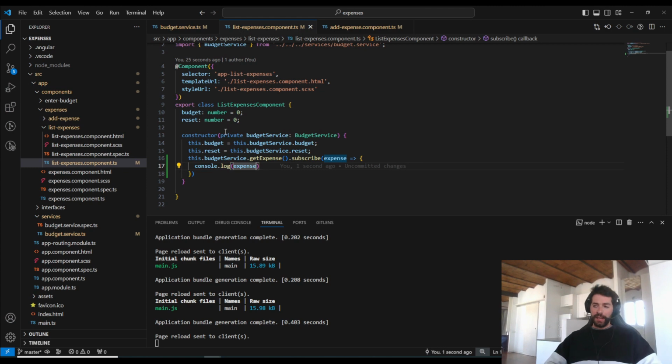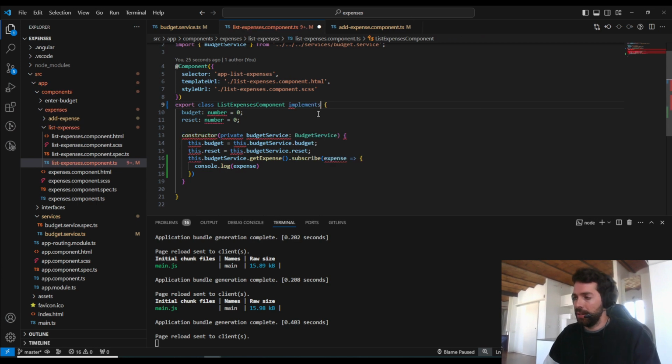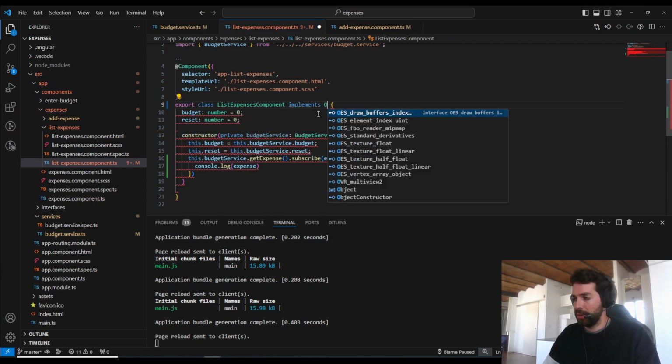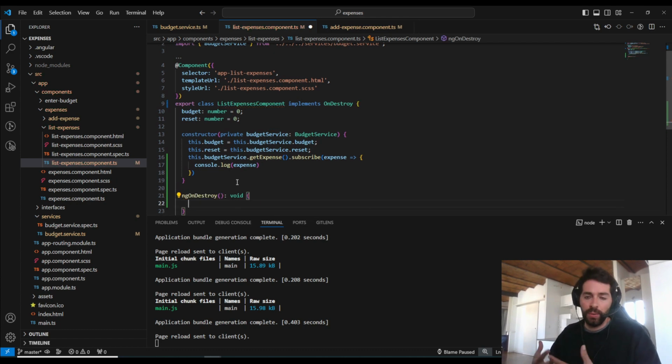Here we need to do a little thing. Always, when you are creating an observable, you need to unsubscribe from the observable. What we need to do? This component needs to implement another method, the ngOnDestroy method. It's one method of the life cycle of the component, and when the component is destroyed, we need to